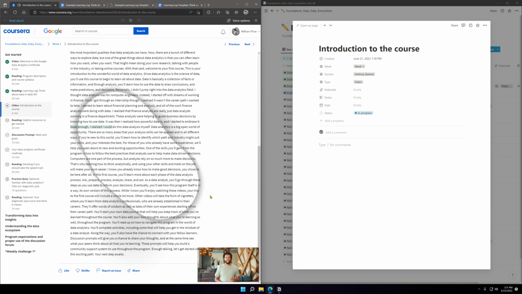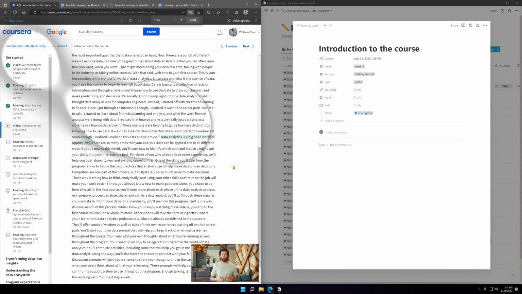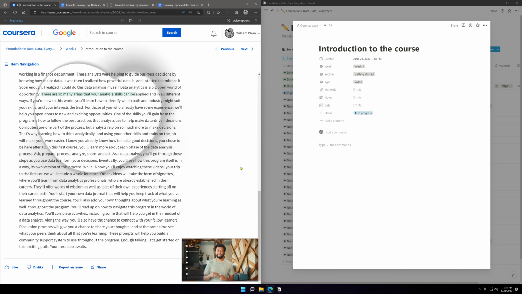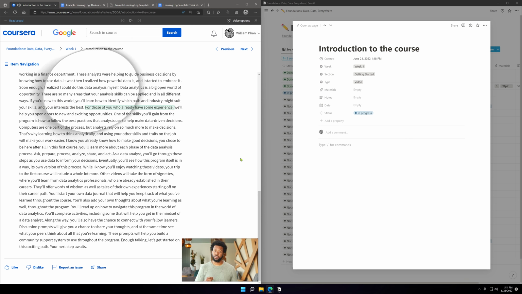Soon enough, I realized I could do this data analysis myself. Data analytics is a big open world of opportunity. There are so many areas your analysis skills can be applied and in all kinds of different ways. If you're new to this world, you'll learn how to identify which path and industry might suit your skills and your interests the best. And for those of you who already have some experience, we'll help you open doors to